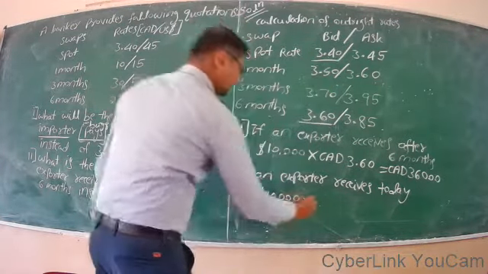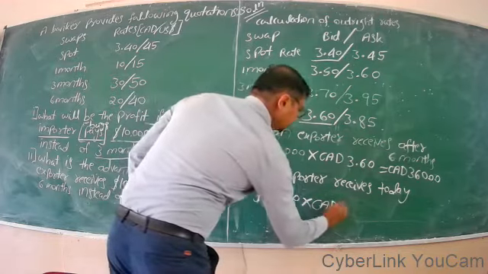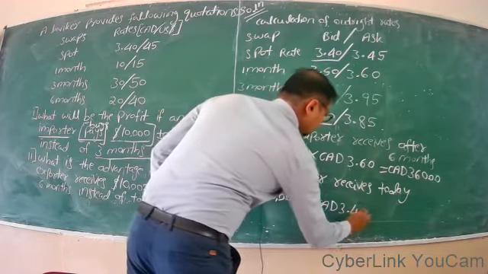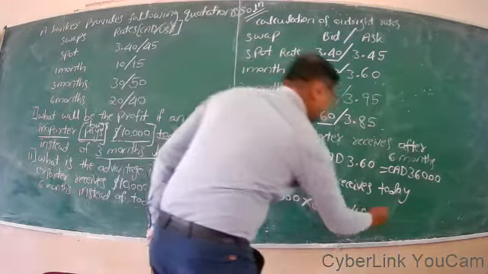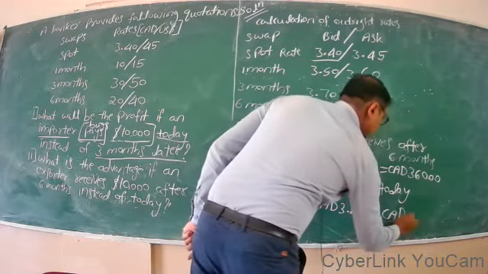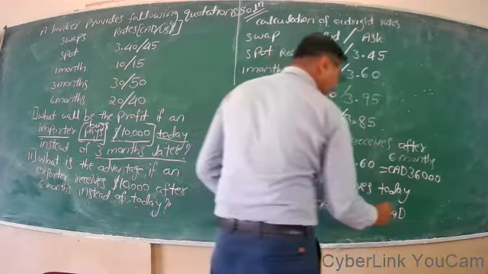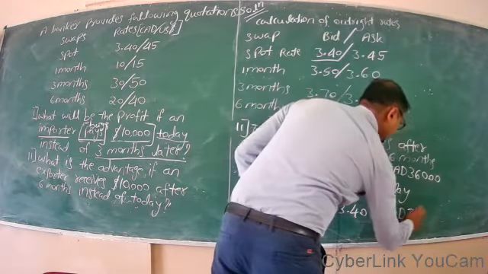Spot rate is Canadian dollar 3.40. That is by selling 10,000 US dollar at the spot rate, he is getting